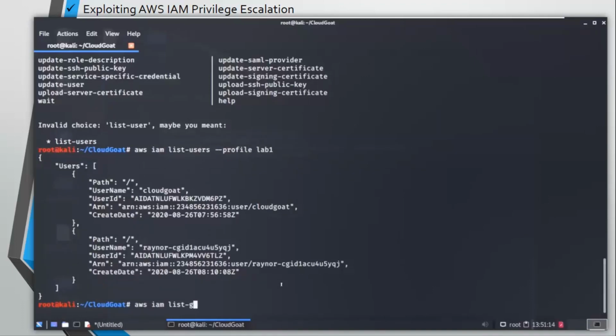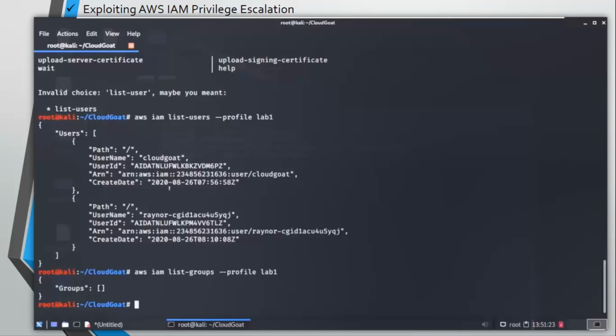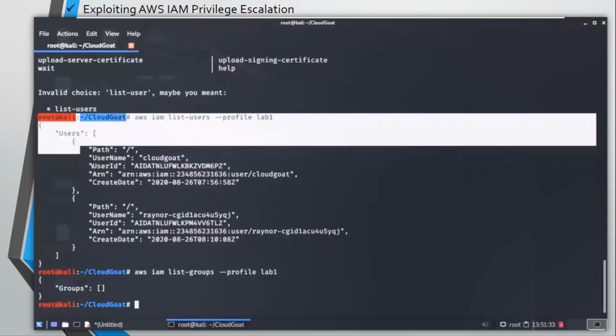AWS list groups. So let's see what groups we have under lab1. There are no groups actually, since we have not configured any groups, and I suppose neither has CloudGoat configured any of the groups.